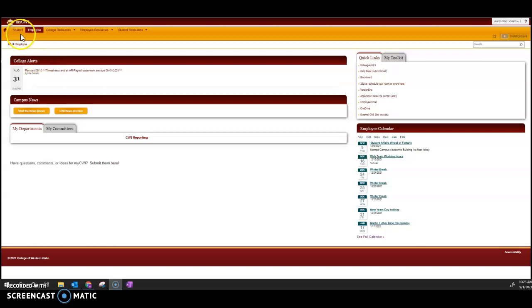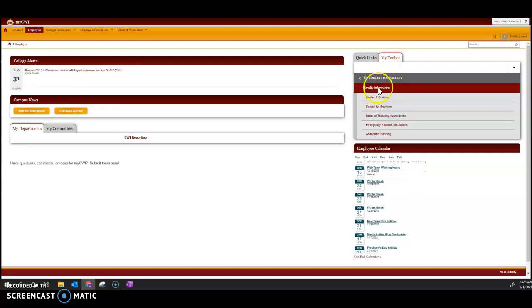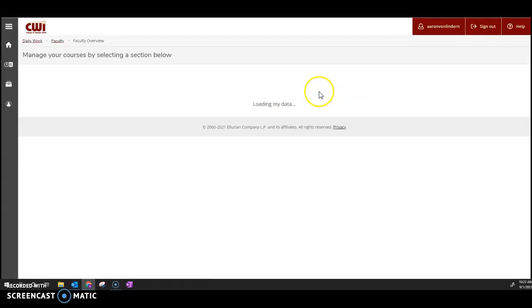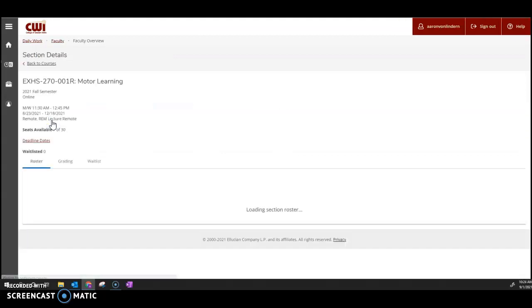So first of all, you're going to go to My CWI, and then under My Toolkit, you're going to go to Faculty Information, and then Roster and Grading. Then what you're going to do is pick your section that you have. So in my case, I'm going to pick my motor learning course. You're going to go to Grading,